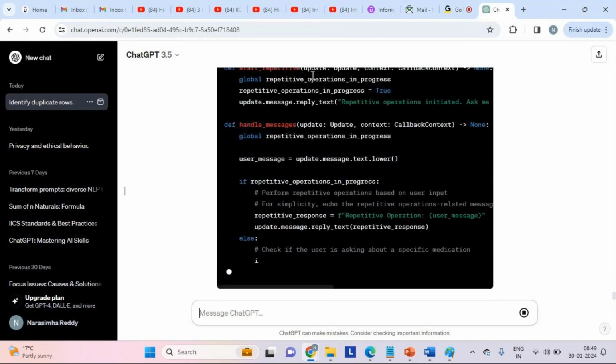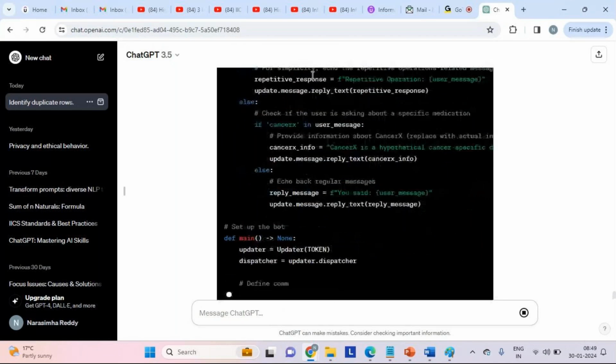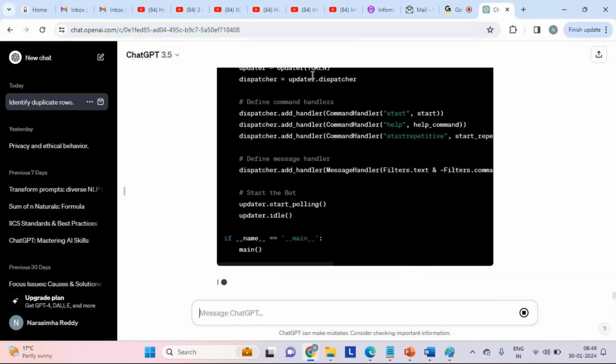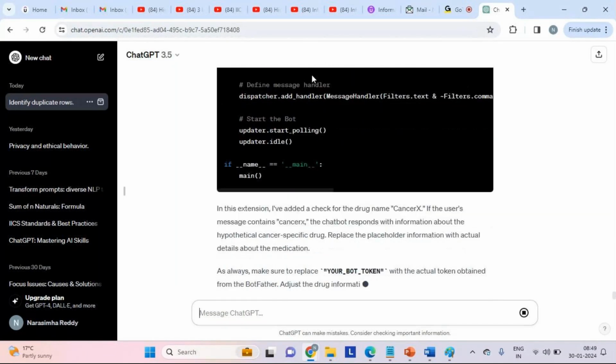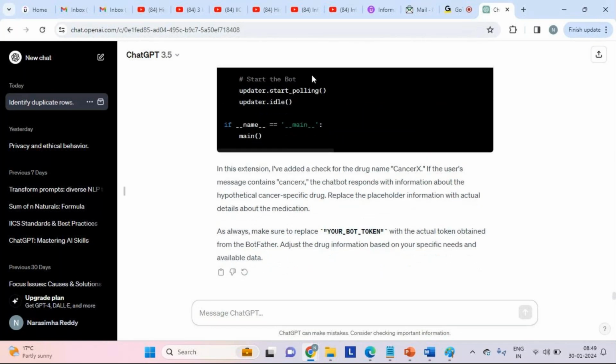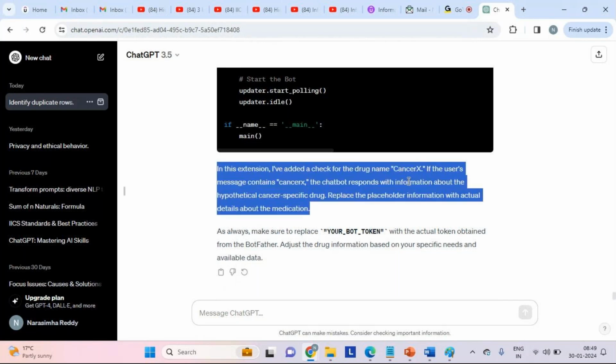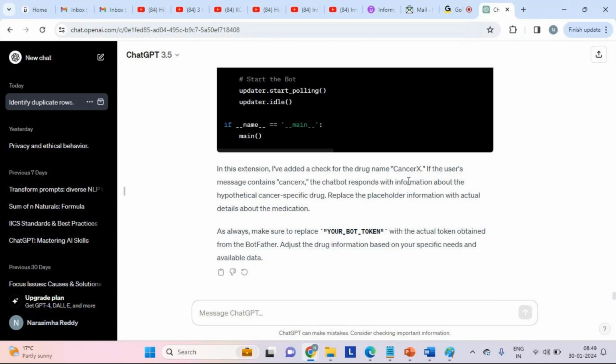Likewise, you can put n number of specific questions, and you'll get the response for all. Then we can just take that as a base. If the user message contains this, the chatbot responds to that. Because there are n number of hospitals, right? Now we need, let us say, a specific hospital where they treat cancer-specific activities. So that also you'll get.